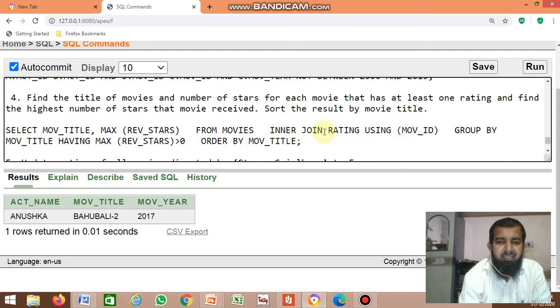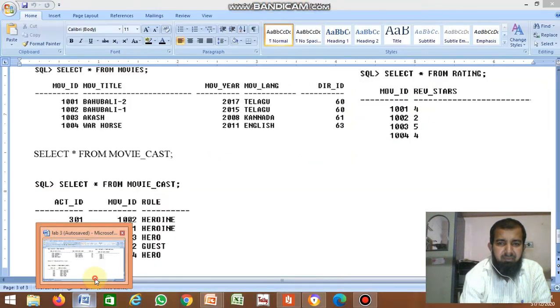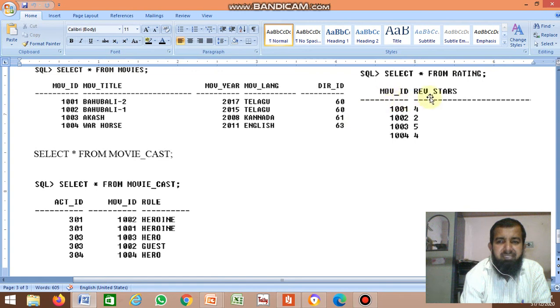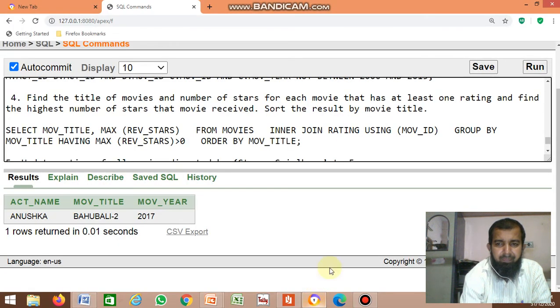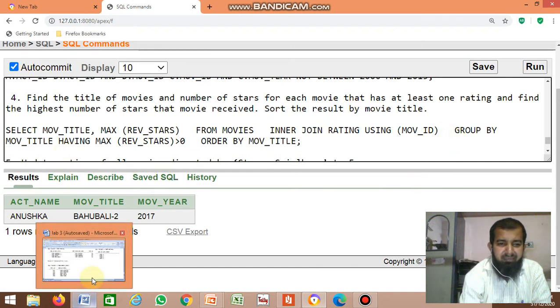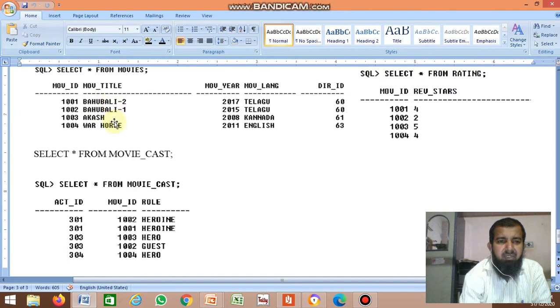Then inner join rating using movie ID. Inner join means join within that table. Inner join rating using movie ID, group by movie title.